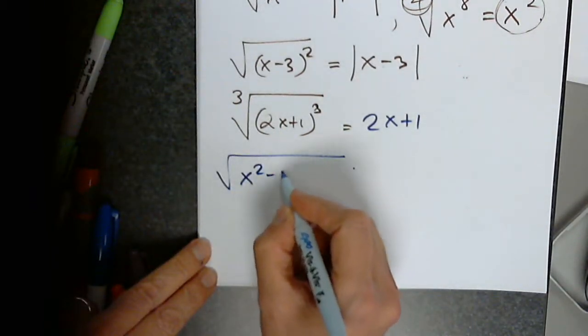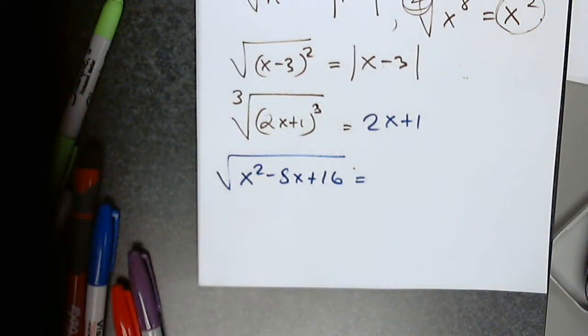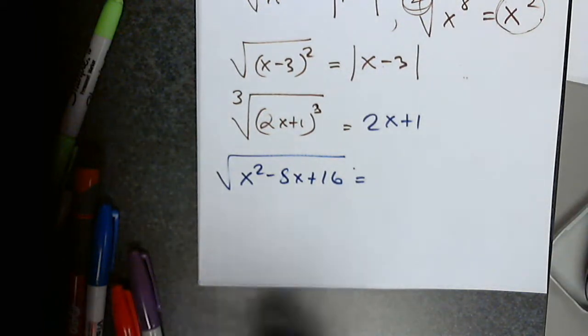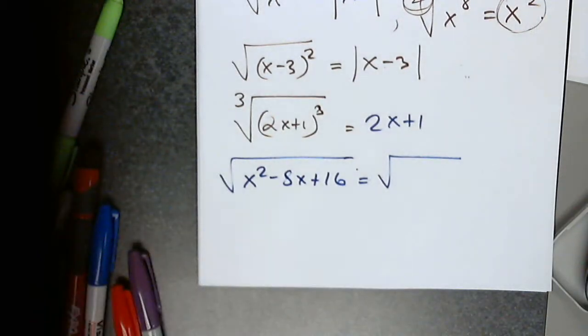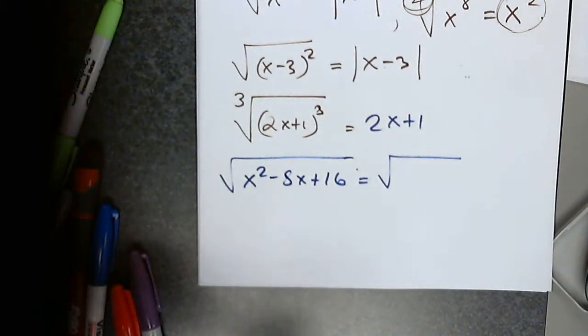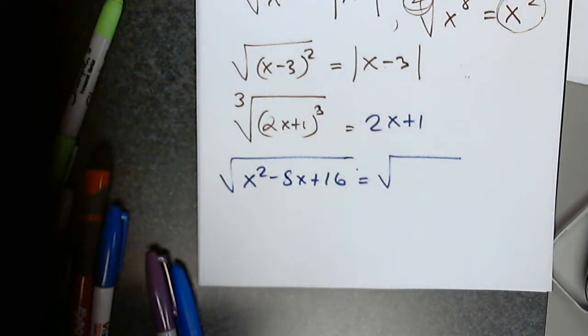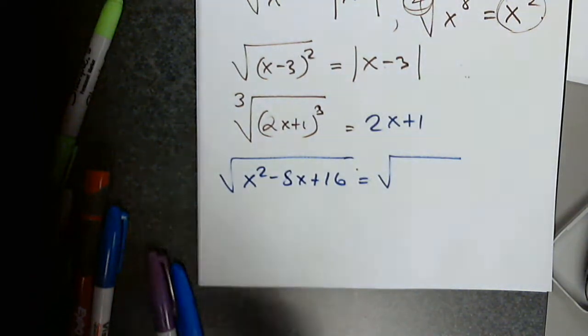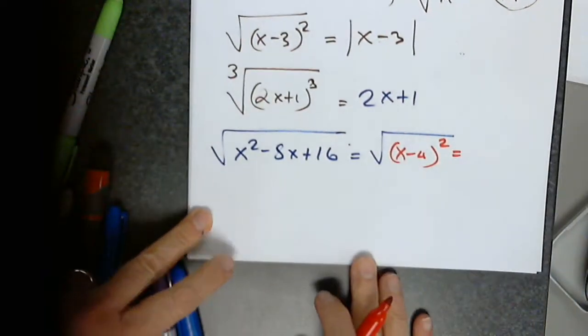The square root of x squared minus 8x plus 16. I want to separate it into the square root of x squared minus the square root of 8x plus the square root of 16. Yes or no? Absolutely not. So what is my only chance to simplify this radical, if it's possible at all? Very good. The square root of x minus 4, everything squared, and the answer would be